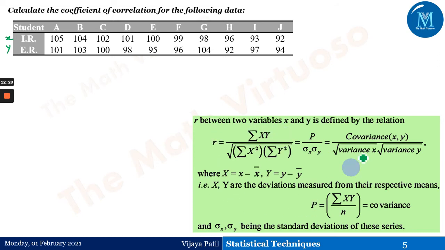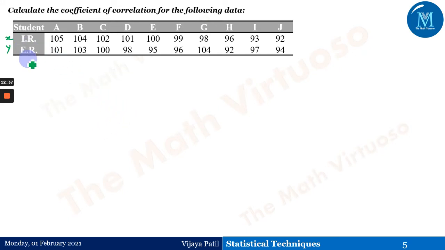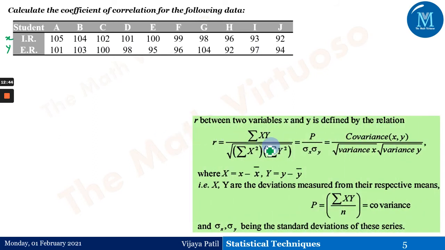Let us go ahead with the same thing over here. So small r is summation of xy. See, what is the difference between these two questions? First, they have given directly the values of summation of (x minus x bar) the whole square and summation of (y minus y bar) the whole square, whereas in the present case, x and y have been given to us. So the values have been given directly. Now, let us go and apply the same formula.